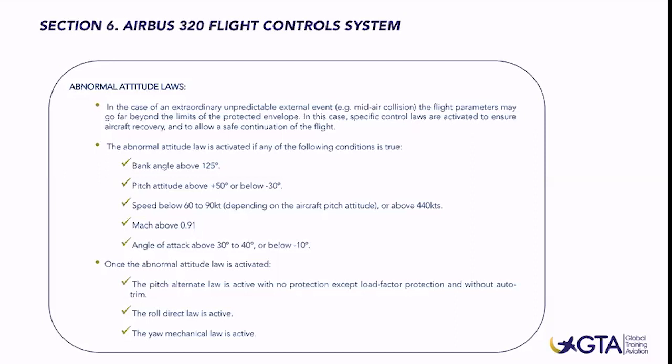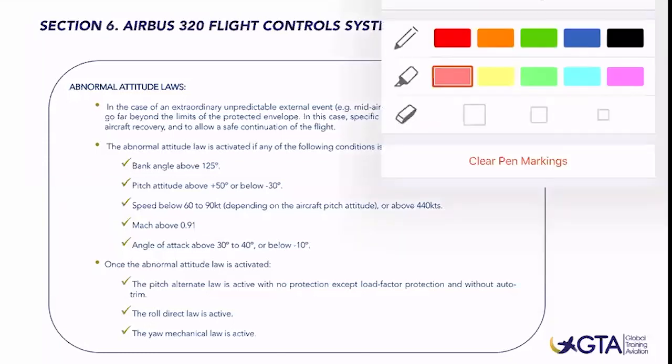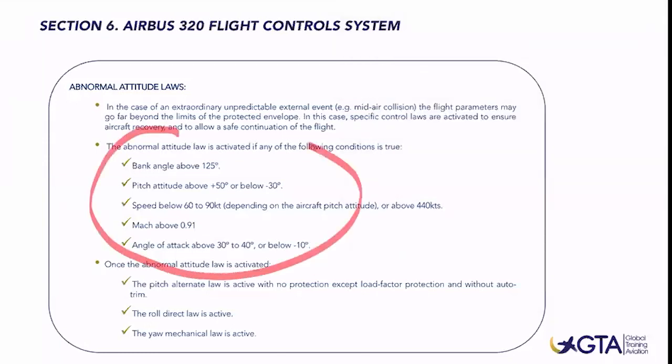Depending on which situations we can find in flight for this abrupt side stick input, for example, mid-air collision or collision with the ground, and the pilot side stick full back condition, the airplane might enter this abnormal attitude. Basically, this abnormal attitude will get active when the pilot applies this abrupt side stick input,